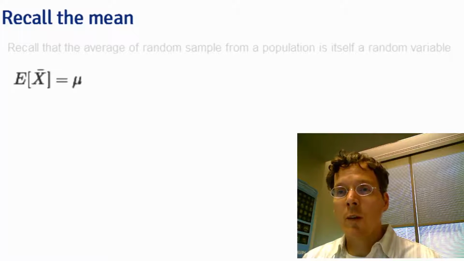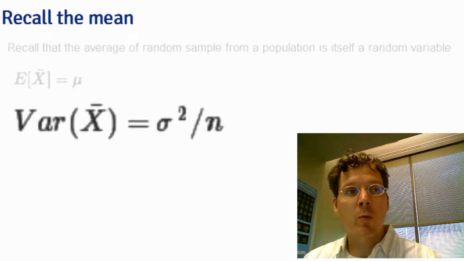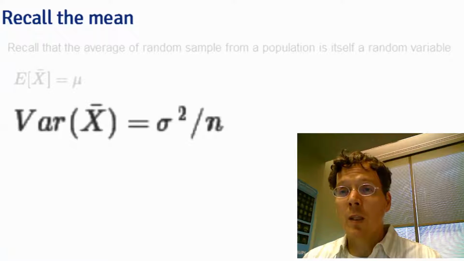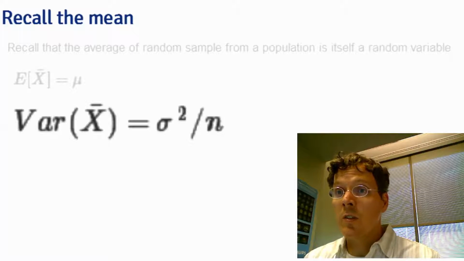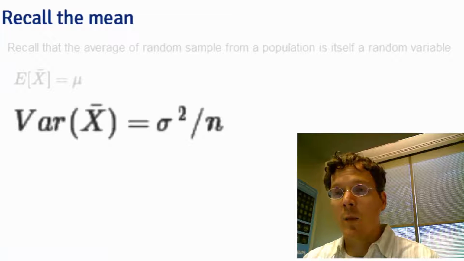We know that that population mean is the same as the original population. We actually also have a result that relates its variance back to the variance of the original population. In fact, it's sigma squared, the variance of the original population, divided by n. So the variance of the sample mean decreases to 0 as it accumulates more data, which is exactly what we know, that the mean becomes more concentrated as we collect more data, more concentrated about the population mean that it's